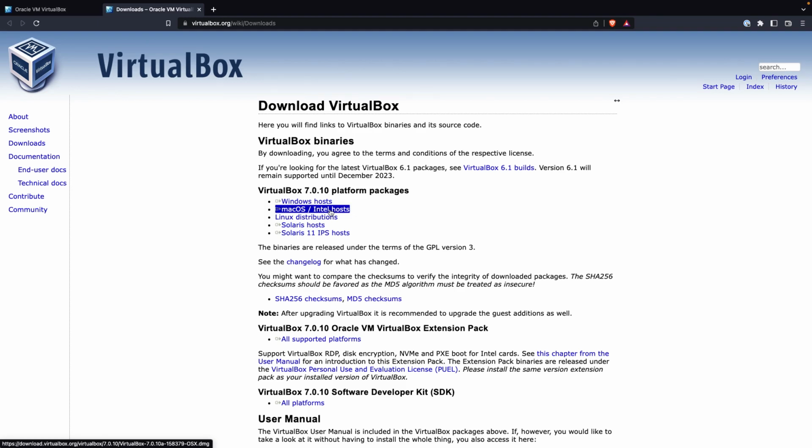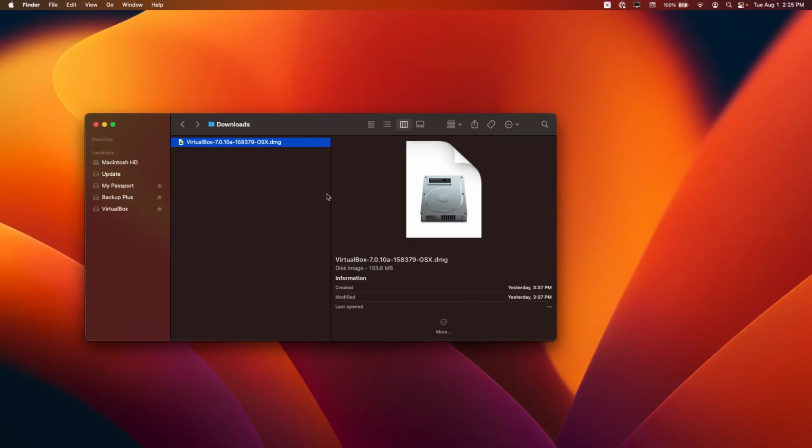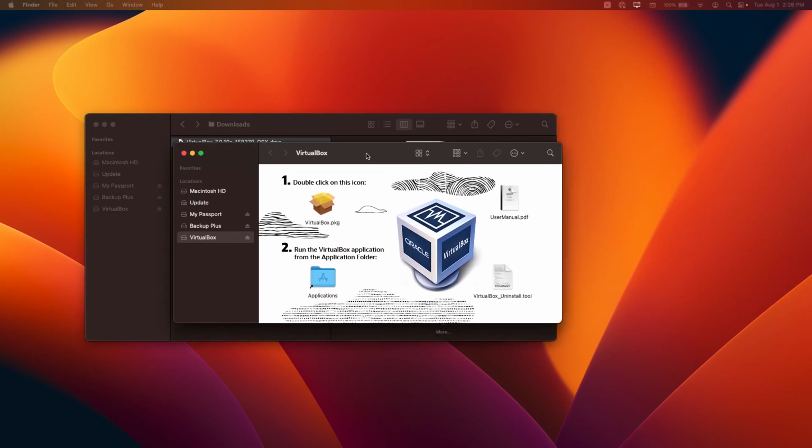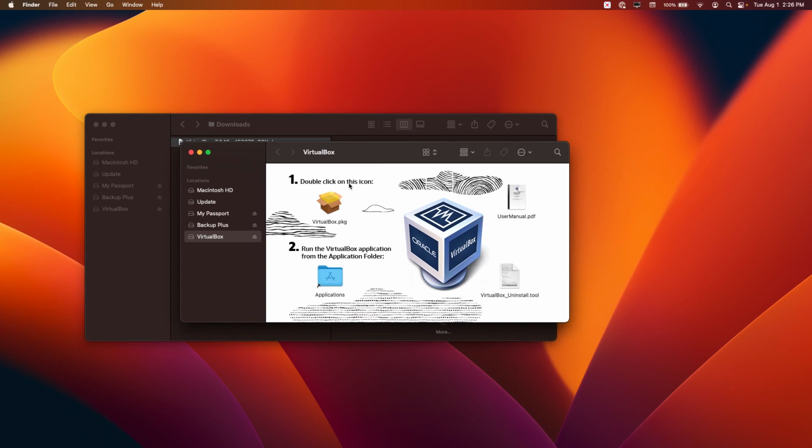After downloading the installer, you can go to the Downloads folder and you can run the file by double clicking on it. You will get a window like this that is showing you two steps that we need to complete in order to start using VirtualBox. We need to double click on this icon to complete the installation process, and then we can open VirtualBox from the applications folder. So let's start by double clicking on this icon,